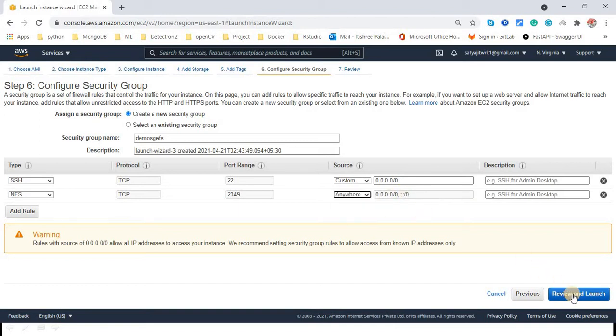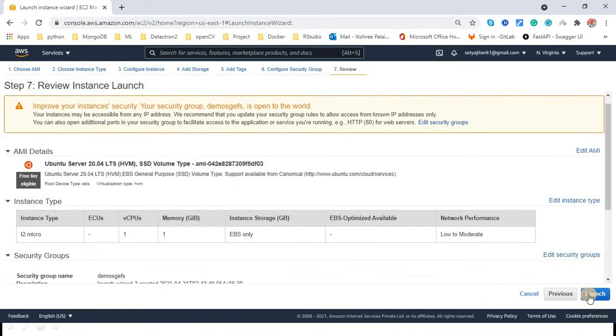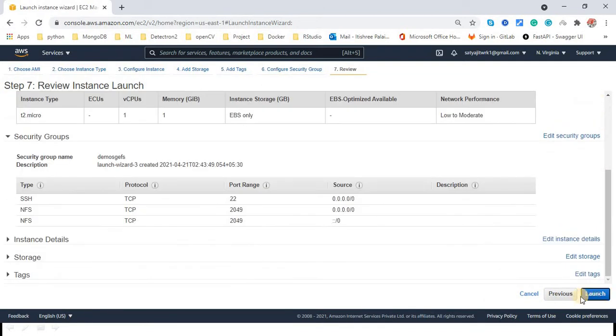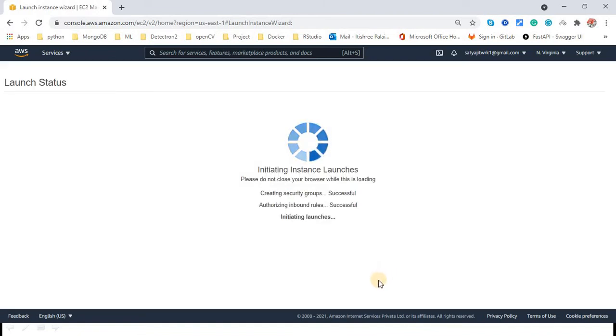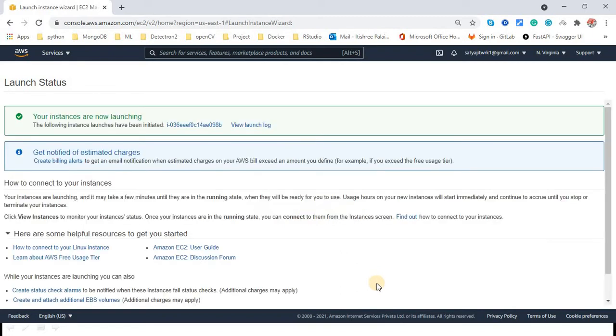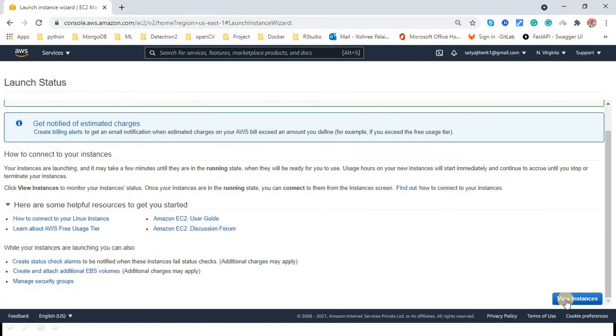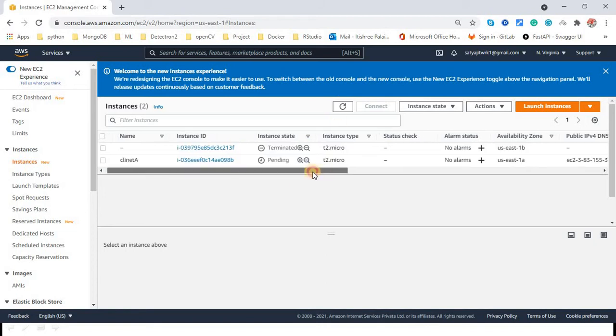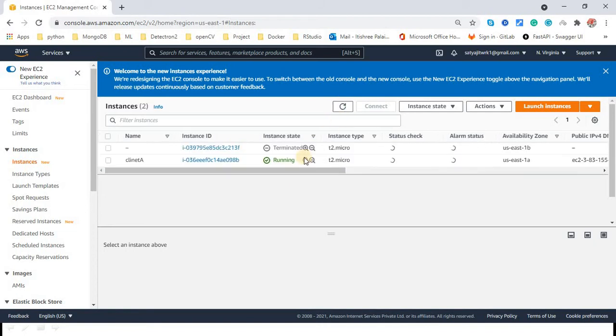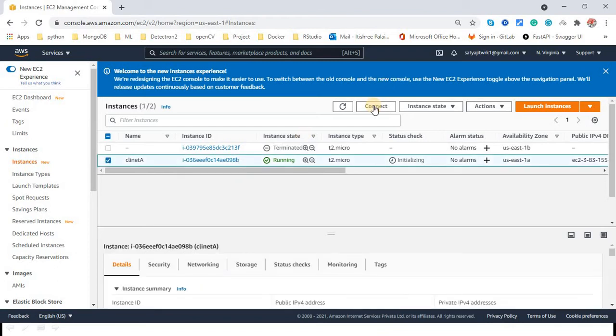Review and launch. Okay, and finally go to launch. I acknowledge, launch instance. So this is my first EC2 instance. Let's see the view instance. Yeah, the instance has been created successfully, and now we are going to connect. So choose this one, say connect,